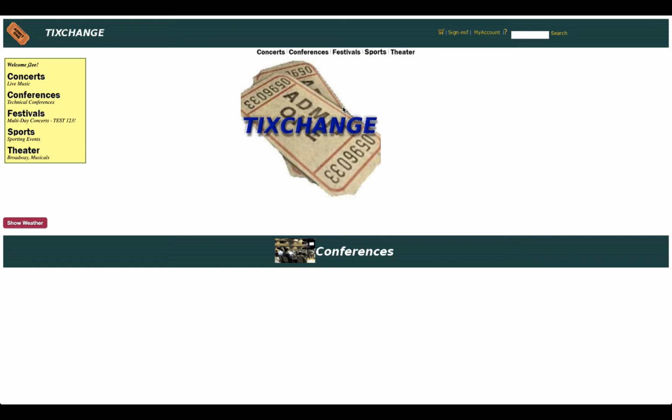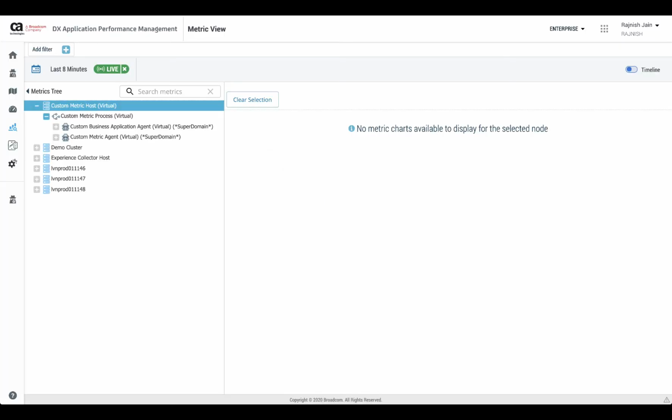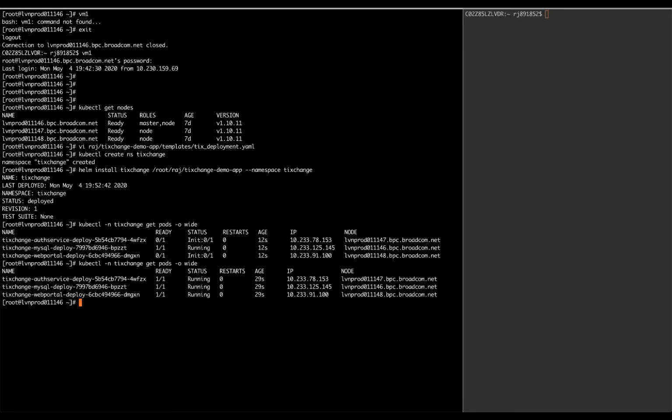Here we go. So now we can be sure that the application or reports are all in good state. Let us now verify whether the specified system properties are correctly attached to the JVM. For that, I will log into one of the pods. Let us look into web portal.